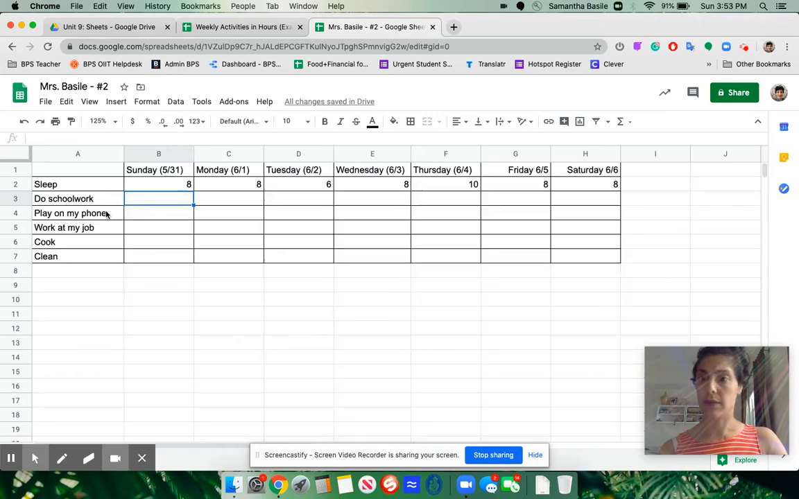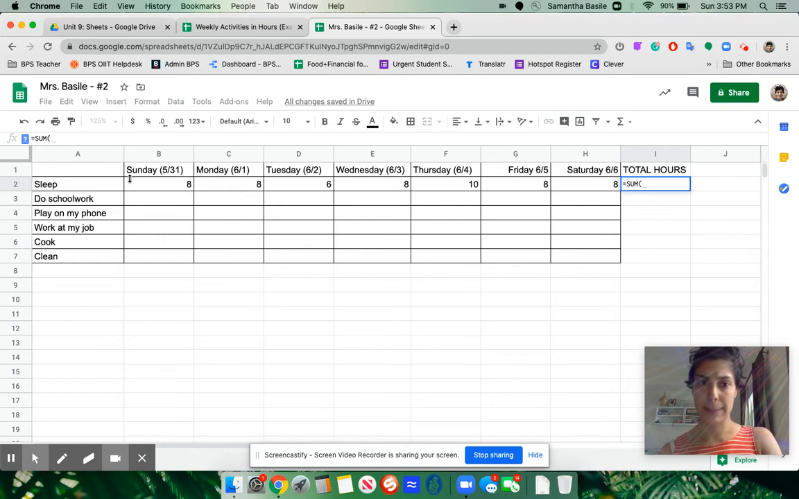Let's zoom out to 125. And in column I, I'm going to write total hours. Now we're going to do something called a formula to automatically calculate the number of hours I do each activity. So let's, in this tool, this work bar, I'm going to write equals sum parentheses, and I want to add